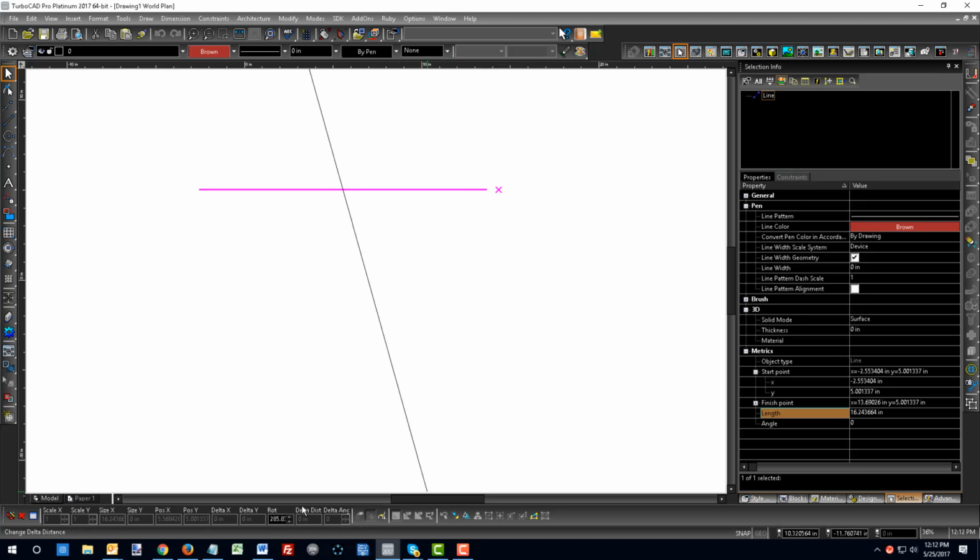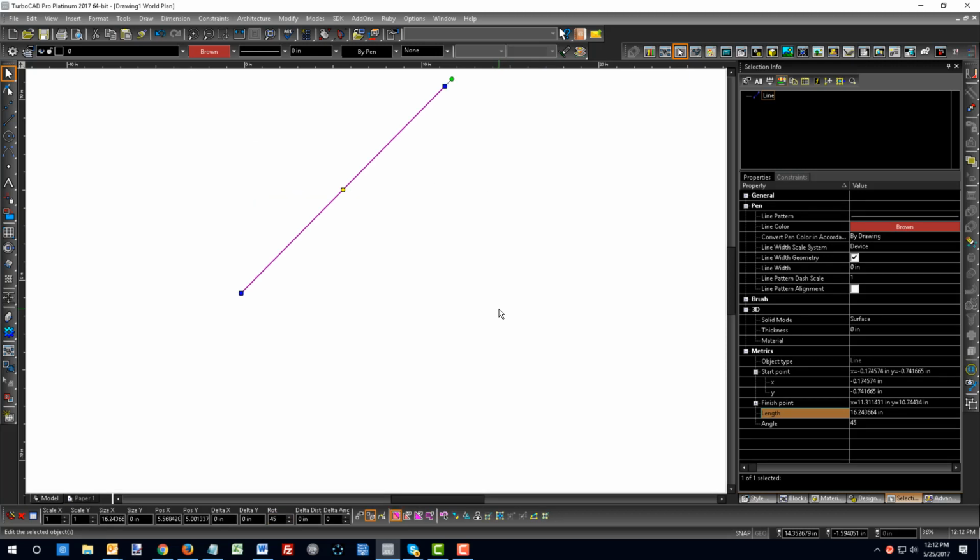Notice down here in the inspector bar, I've got the rotation angle updating as I move. I can also hit the tab key and lock that in at a specific angle and hit enter, and now that line is 45 degrees. Over here in the selection info palette, I see the length is now 16 because remember I moved the end node points